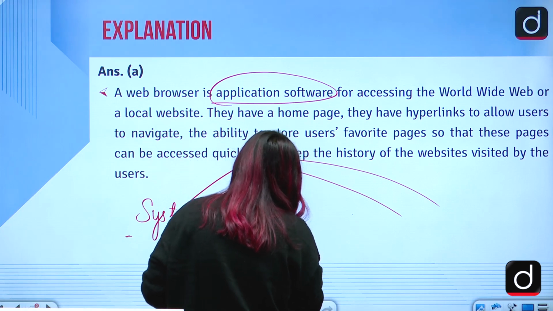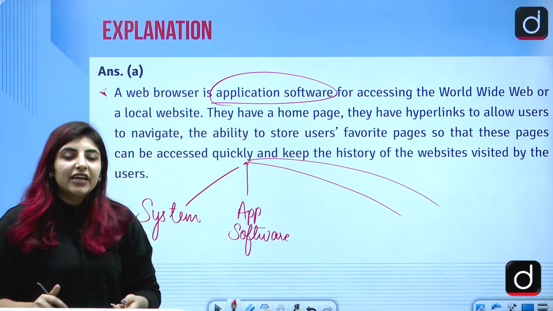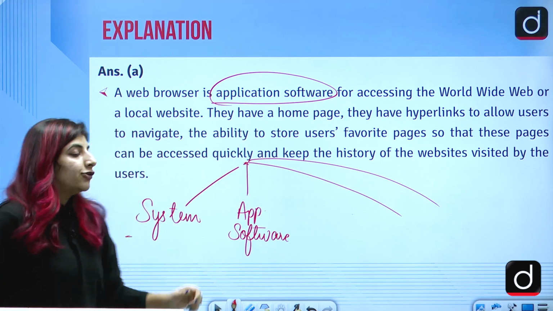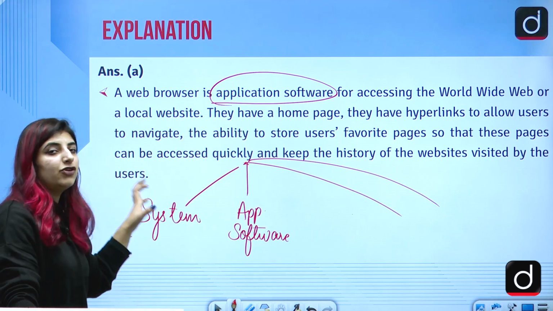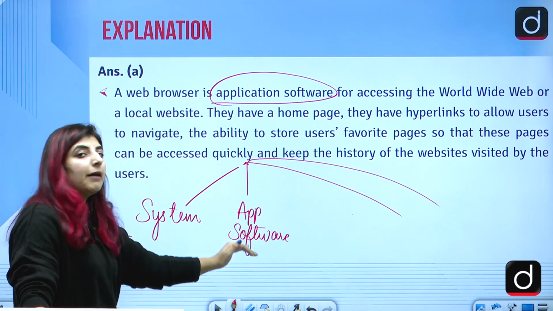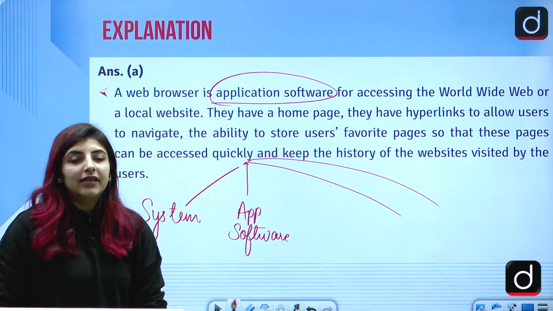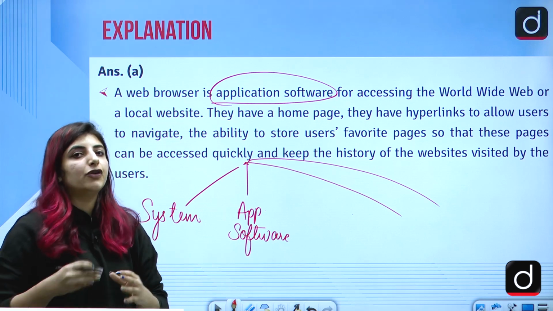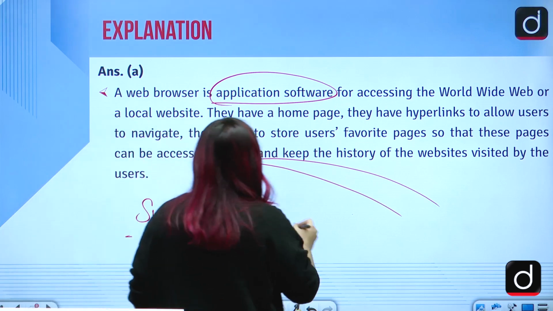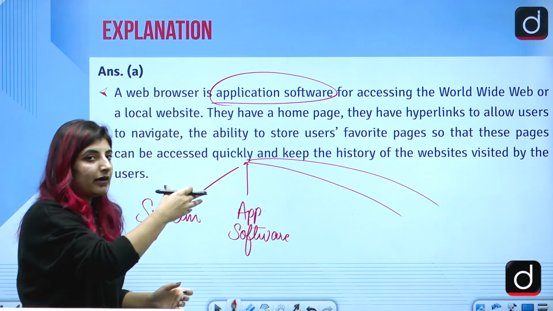Using the application software, we have certain applications which are installed in the computer. So if we want the application software to work, system software should be there, correct? The application software such as MS Word, etc. All of them, MS Word, Adobe, etc., are examples of application software, right? Web browsers even for that matter.